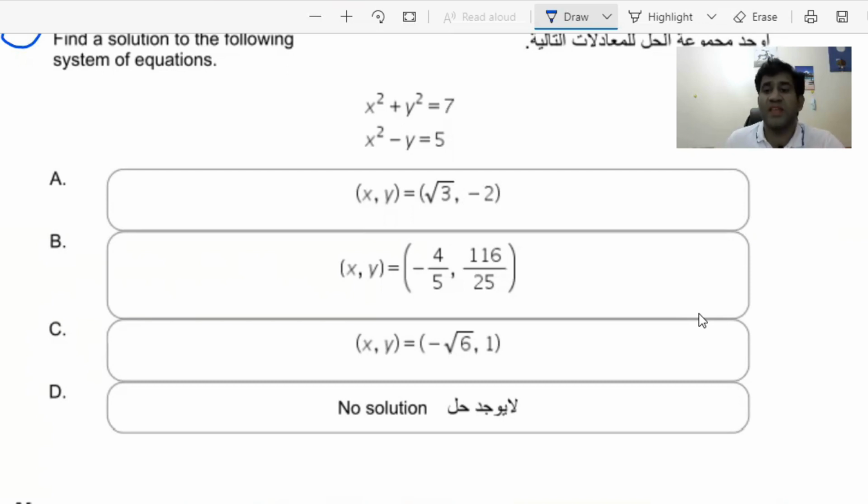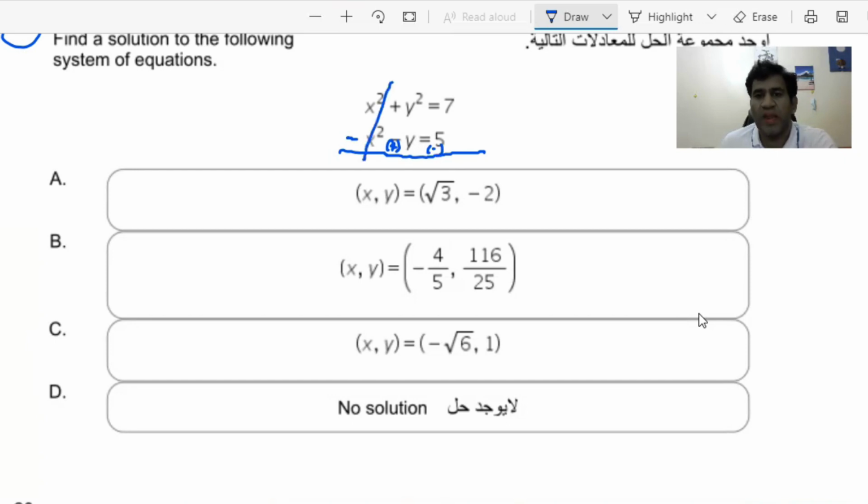Okay, so let's eliminate the x square. To eliminate the term, what should we do? We change the sign of the second term here. Elimination means basically subtracting the second term from the first, or simply we change the sign. So the sign of x square is positive here, so change it to negative. Y here is negative, change it to positive, and 5 here is positive, change it to negative. That's what elimination is. After changing the sign, add them. Positive x square, negative x square becomes 0. That's how we cancel them.